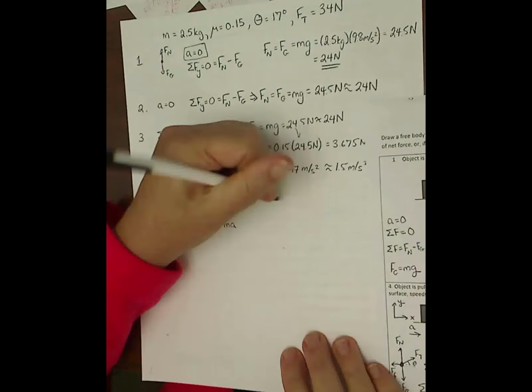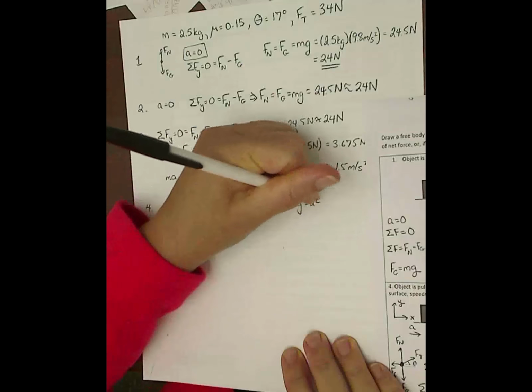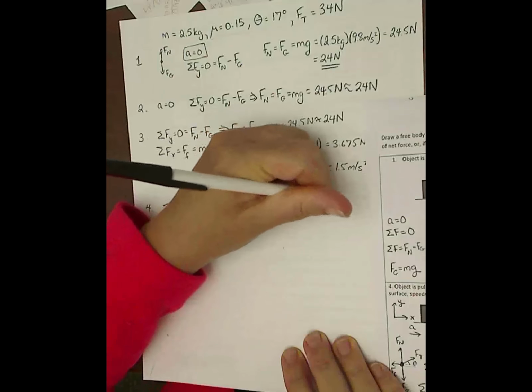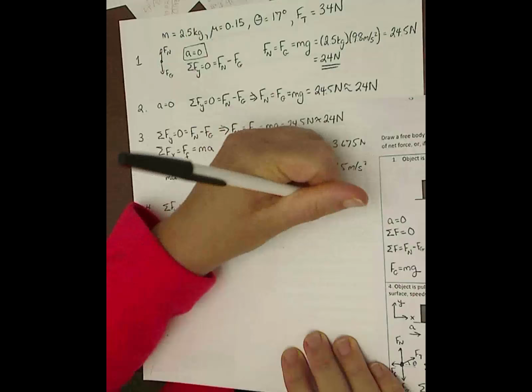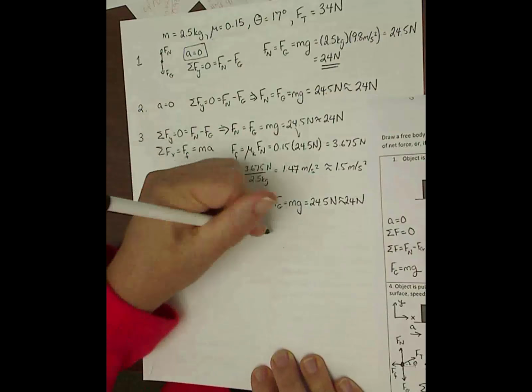All right, can I solve for anything now? Well, I can get my gravitational force. My gravitational force is mg, so that's going to be 24.5 newtons. Again, round that to 24 for the final answer. Do I know my normal force? Well, I can't get it from here because I've got to get my tension. Do I know what my tension is? Yeah, I know my force of tension